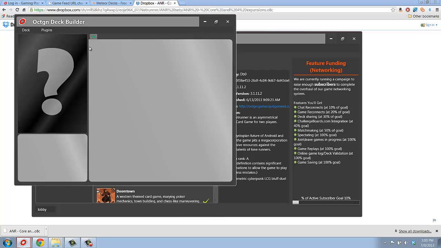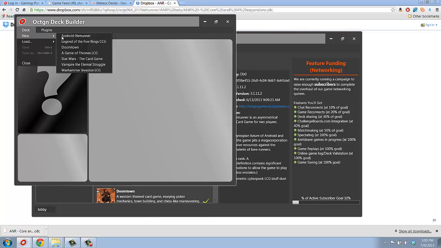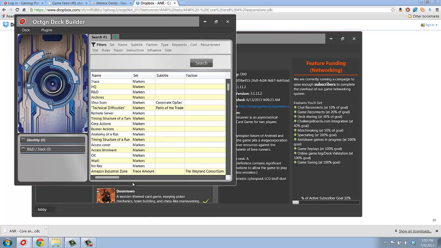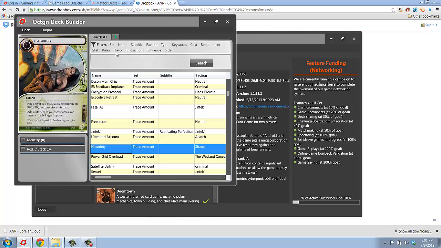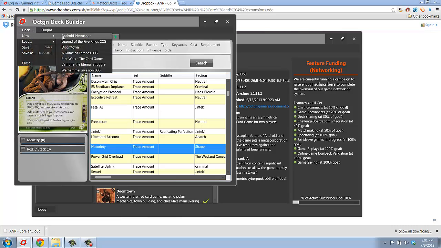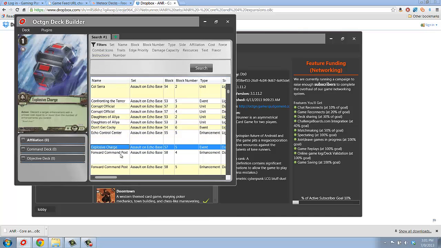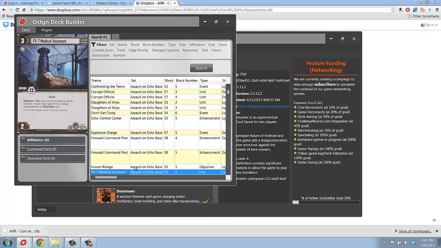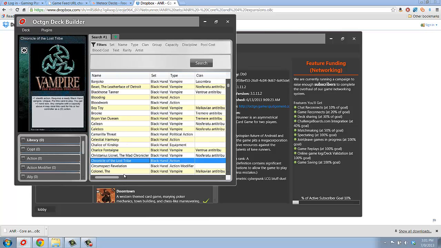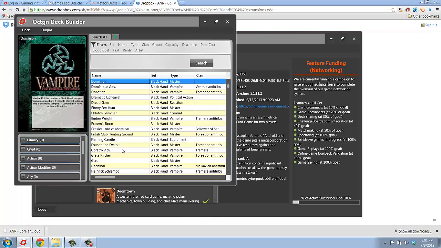So you can double check that your card scans installed properly by going into the deck builder and click New Android Netrunner deck, and then just scroll down to whatever and click on it. You'll see, yeah, they're all there. If you go New Star Wars deck, I believe I have the card scans installed here, but if you go to, I think, for example, this Vampire, I don't have the card scans installed, so you can see it's just blank,